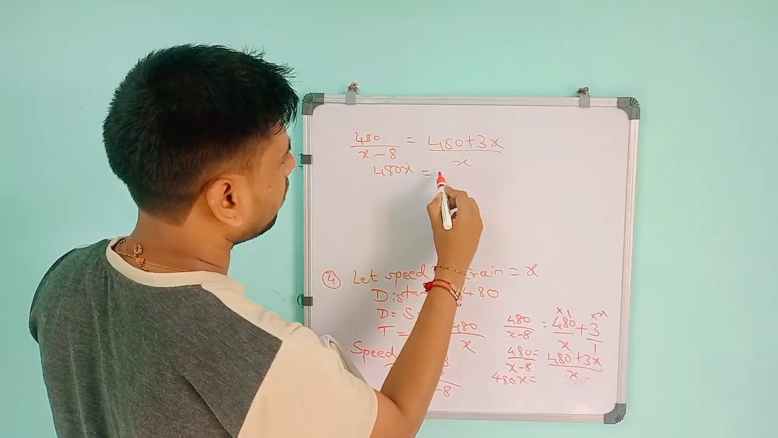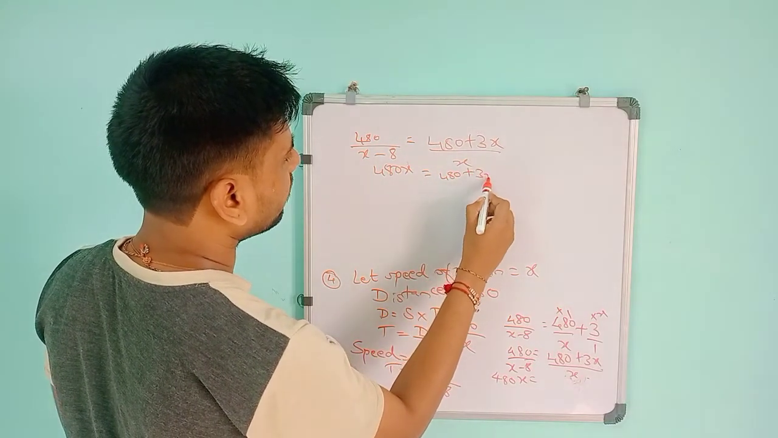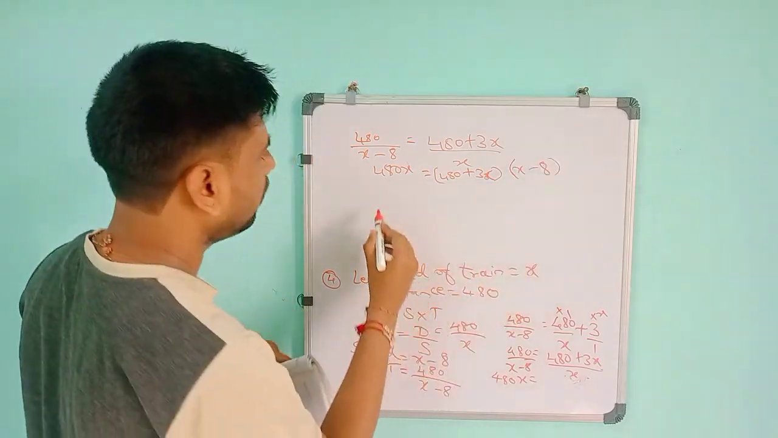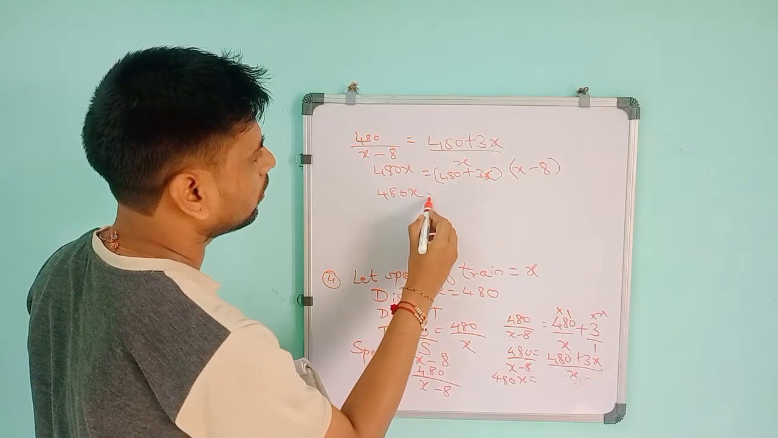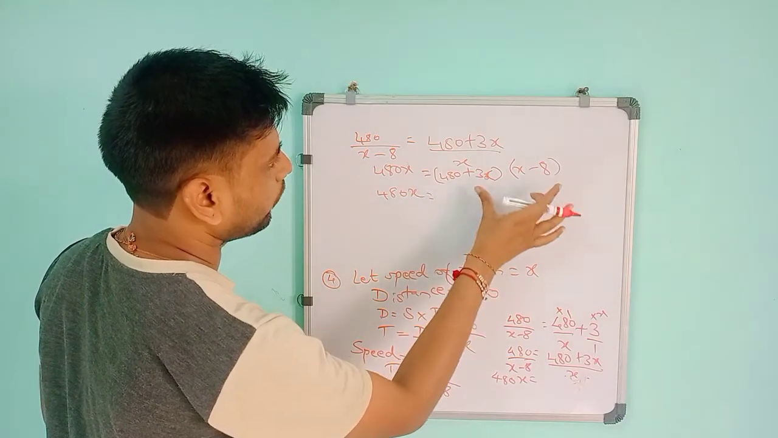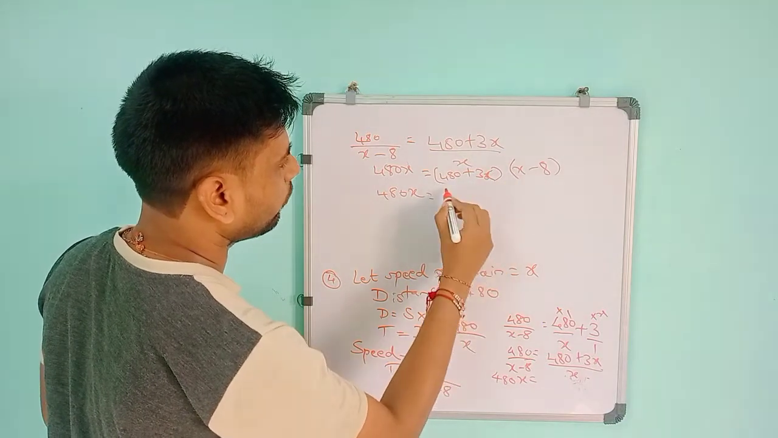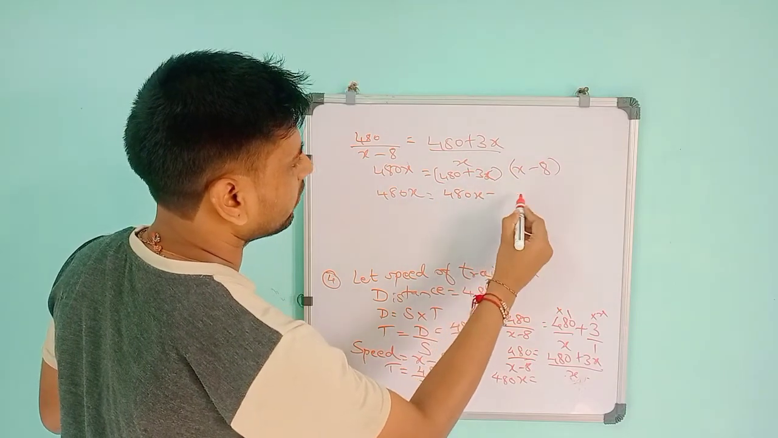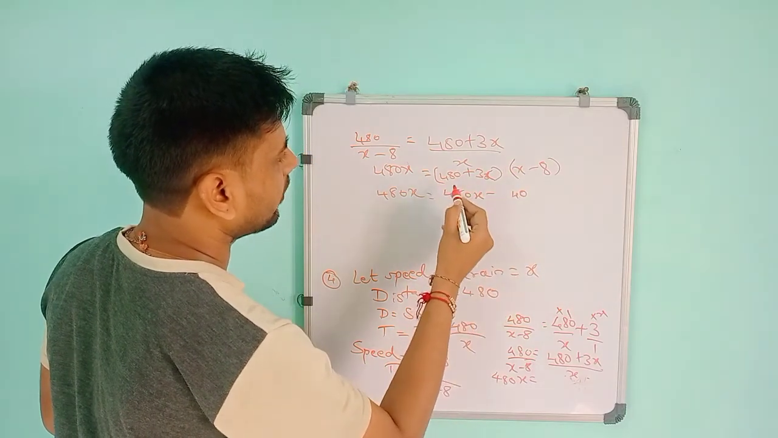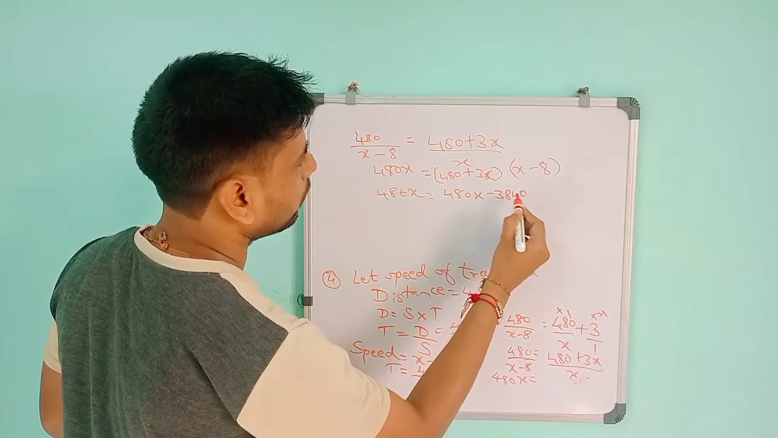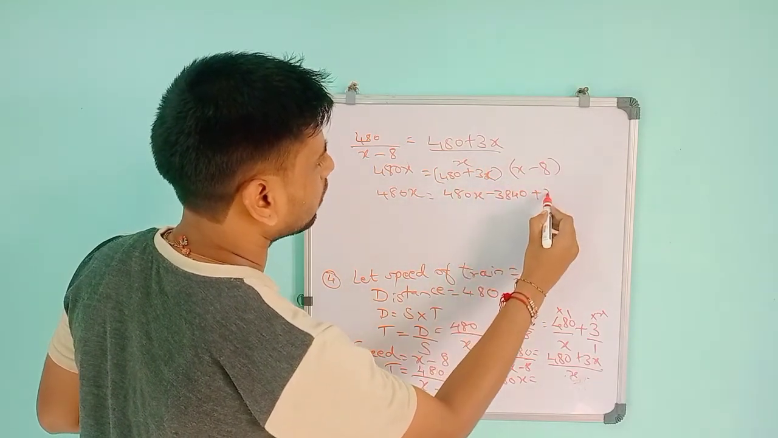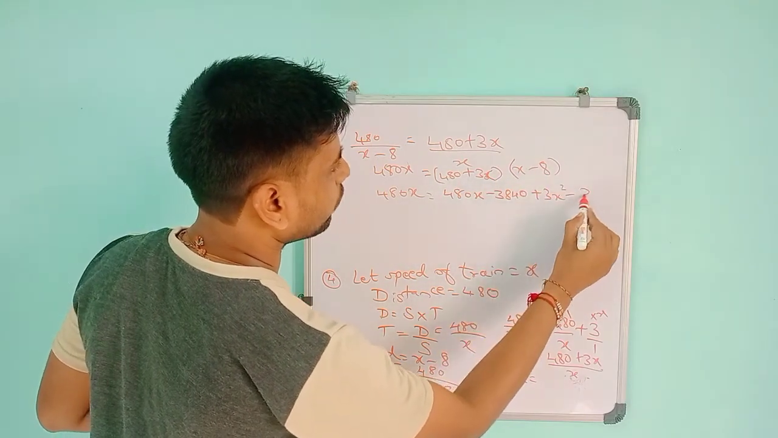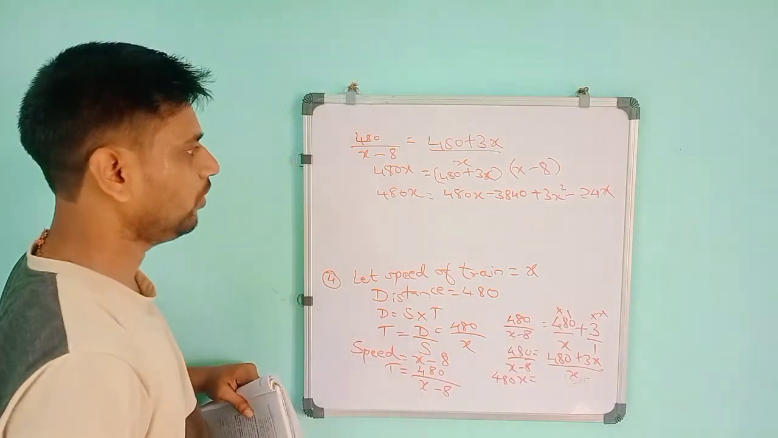480 into x, and this one 480 plus 3x into x minus 8. So 480x is equal to 480 plus 3x into x minus 8. If you multiply this: 480 into x is 480x, and 480 into 8 is 3840, plus 3x into x is 3x square, minus 3 into 8 is minus 24x. So if you solve this one,